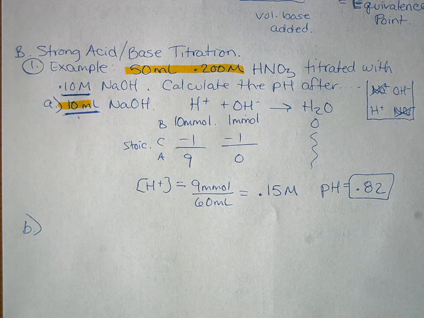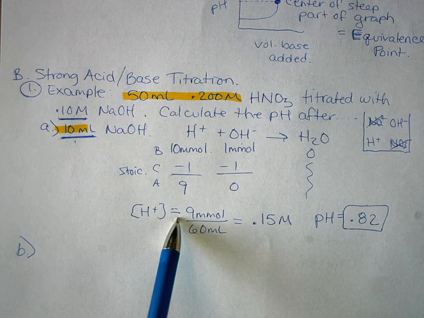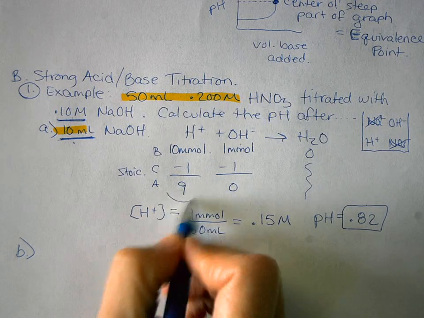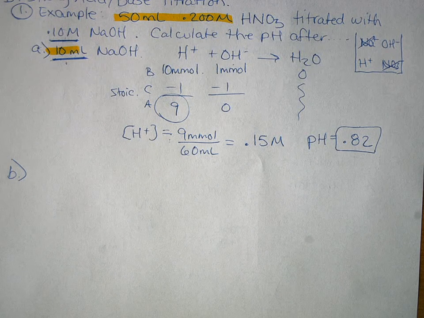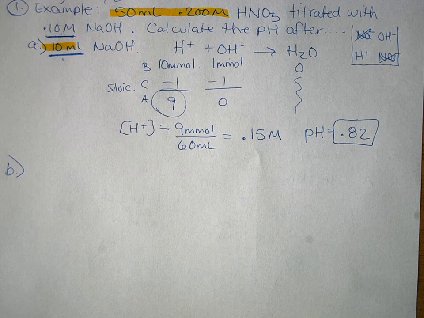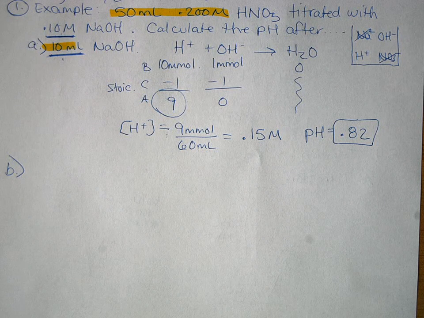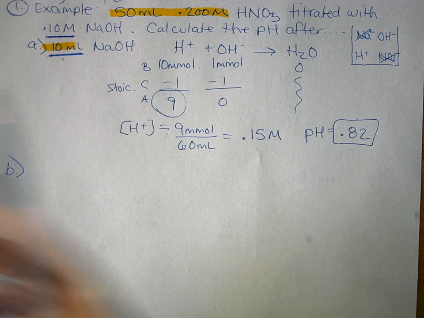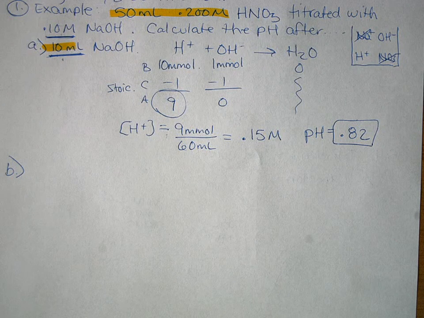So that would be before we've reached the equivalence point, where we still have hydrogen left over. If we did another one like that, it would be the same exact thing. Before the equivalence point, you'd have hydrogen left over. Let's do, if I add